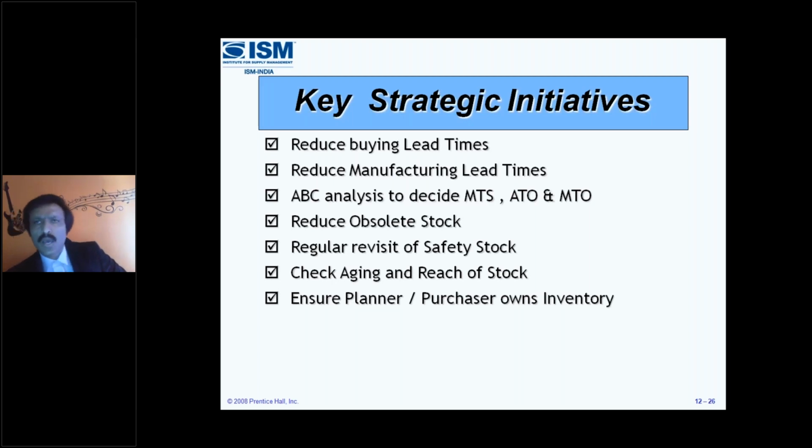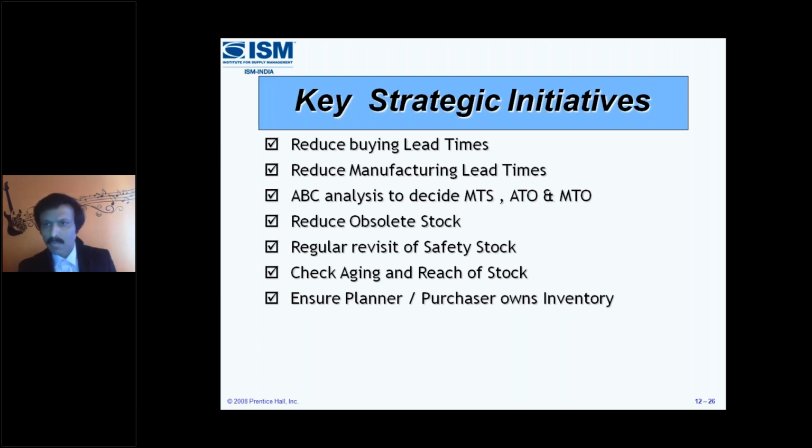The third initiative is to do the ABC analysis of made to stock, assemble to order, and made to order, and then decide where you need to concentrate. We need to reduce our obsolete stocks every time, either by selling it or by using it. The most important thing is that we must revisit our safety stocks, because safety stock is a very comfortable stock which we are creating, which we are keeping in our inventory,